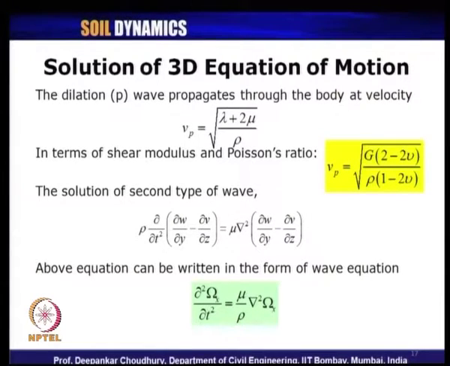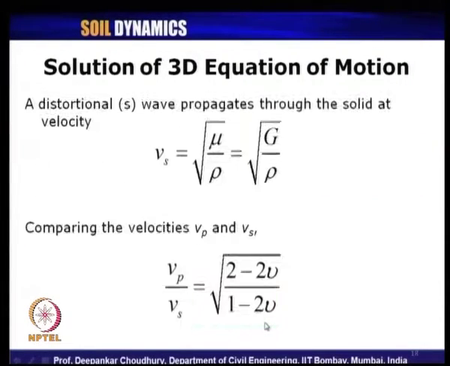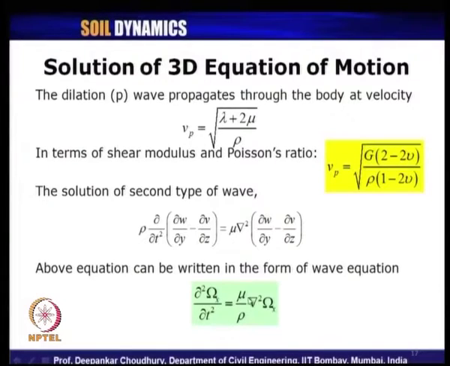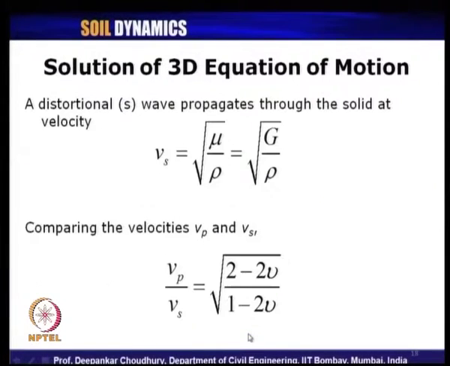In a similar way, the other two direction equations also we can obtain. So, that is the way you can see the difference between the other two directions have been written here to get the secondary wave propagation in x direction. So, this is the generalized form of the secondary wave equation, which can be simplified and written in terms of this parameter, where this term mu by rho is expressed as V s square.